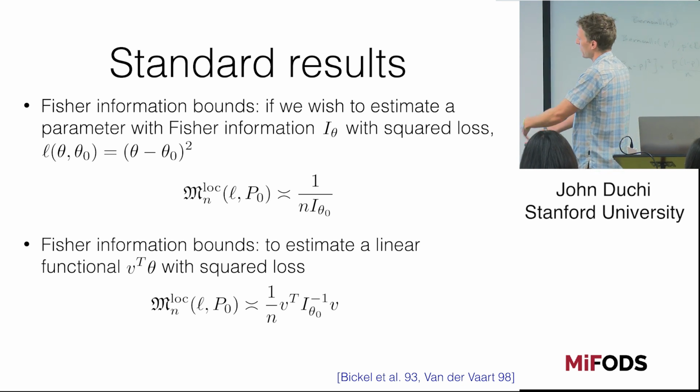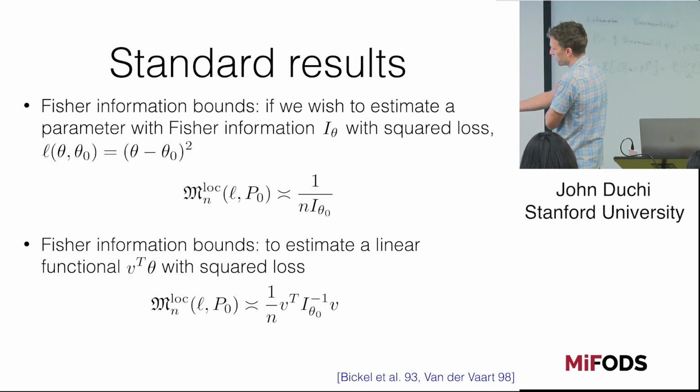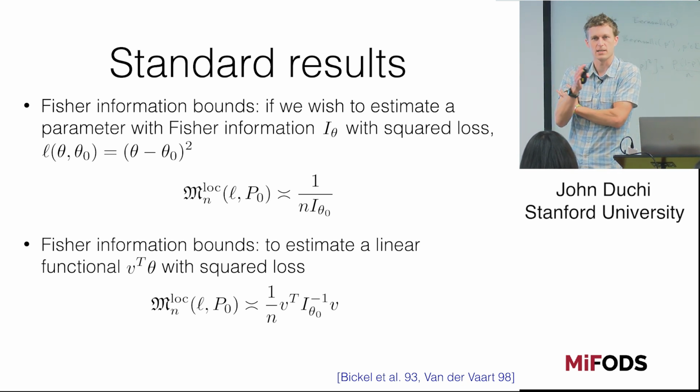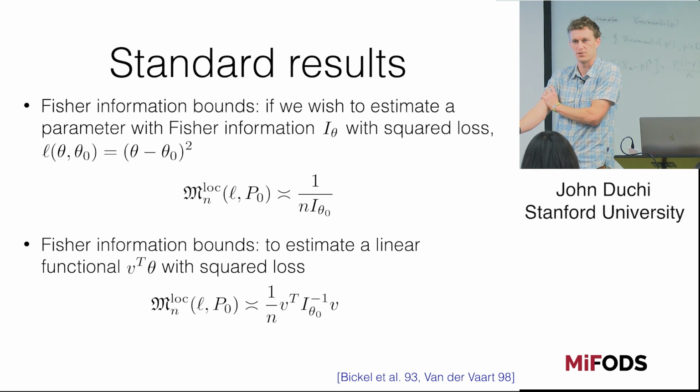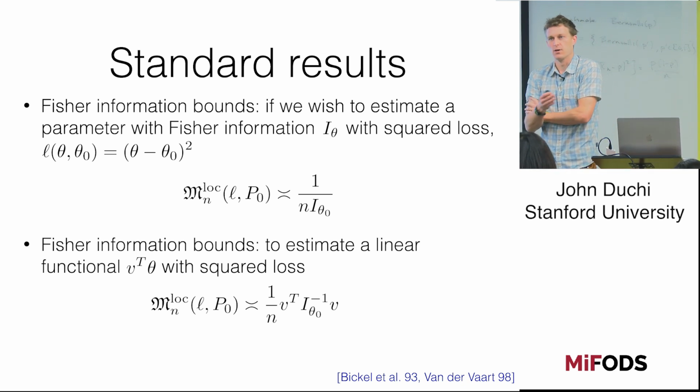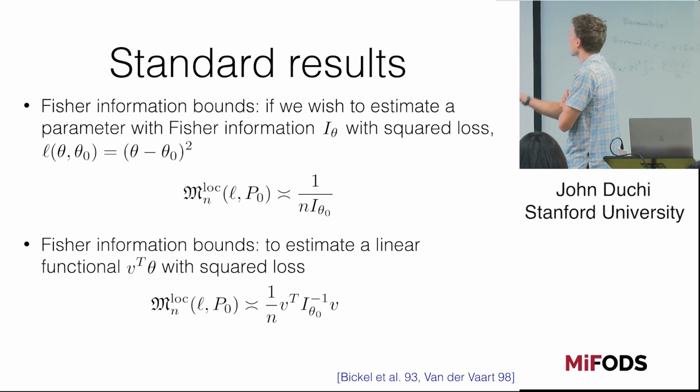And it's splitting in high dimensions. If you want to estimate some linear function of a parameter, say in squared error, then you get V transpose inverse Fisher information V. You get all of the classical Fisher information type results in your classical problems. It just gives you the right answers here. Okay, so this is what actually gives rise to a lot of the optimality theory in classical statistics.